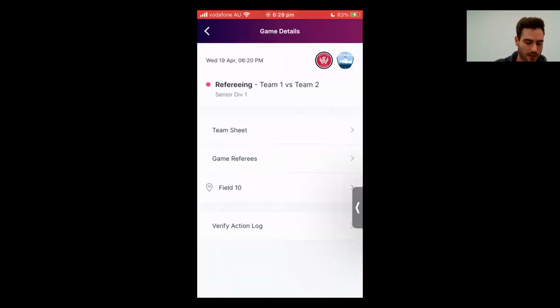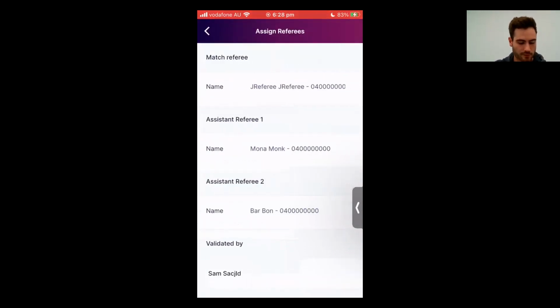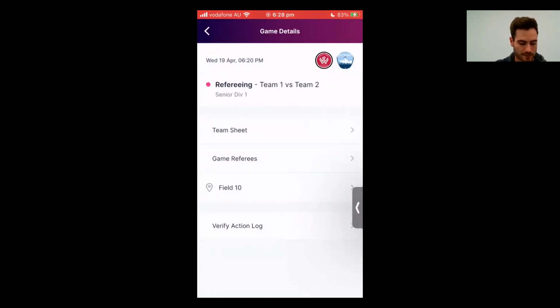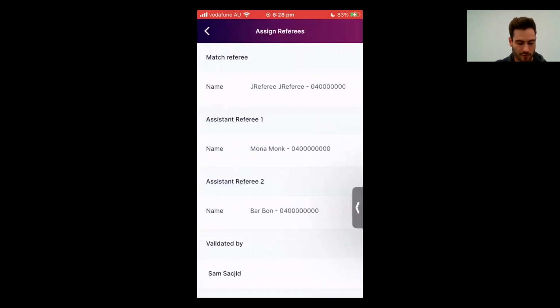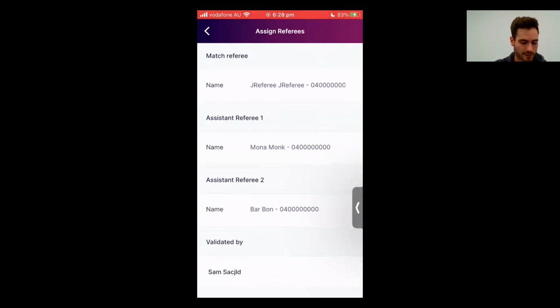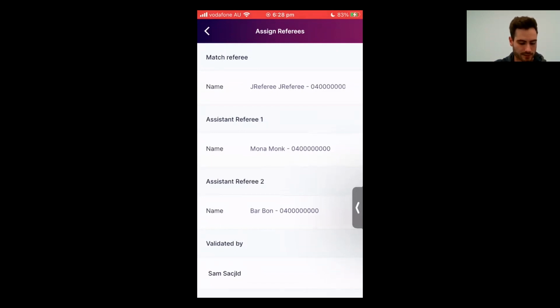As part of this card as well, you also have visibility of the other referees that you'll be appointed with. So you can see here, for example, that we've selected game referees. As we've selected game referees, it's broken out the visibility of each of the referees that you are appointed with. So you can see here, for example, the match referee, the assistant referee